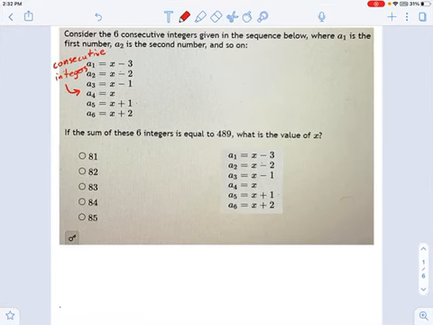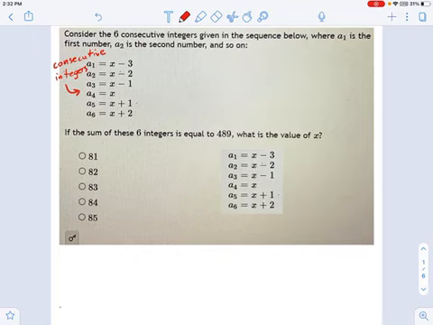This is a classic problem. It's giving us a whole bunch of equations and saying the sum of these equations is equal to something. What's one of the variables? And what you have to be comfortable with is this idea of adding equations the same way you would add variables, like x plus x plus x is 3x. Well, you can add equations in the same way.